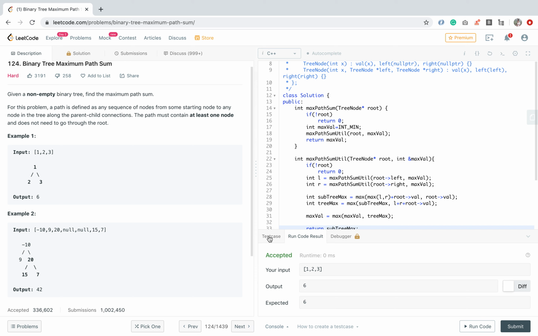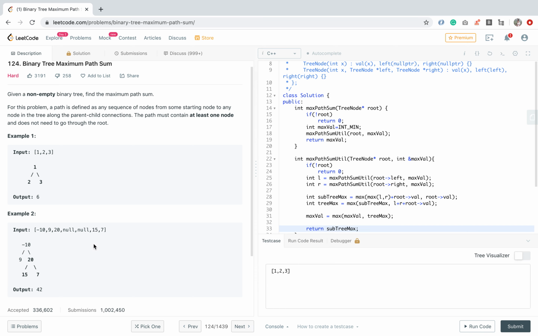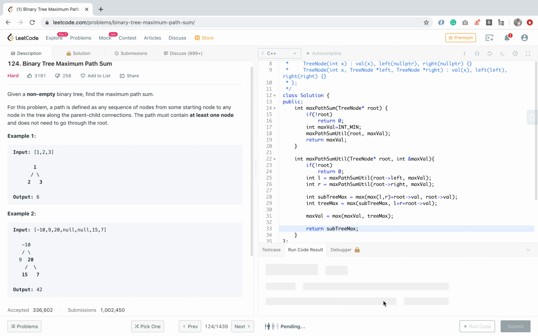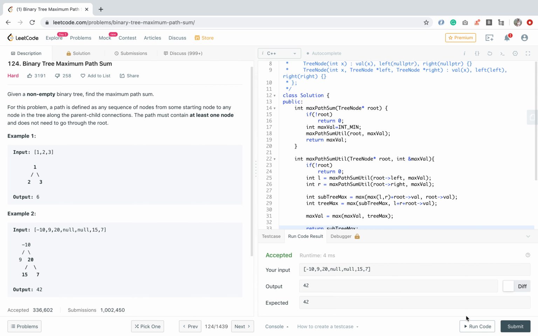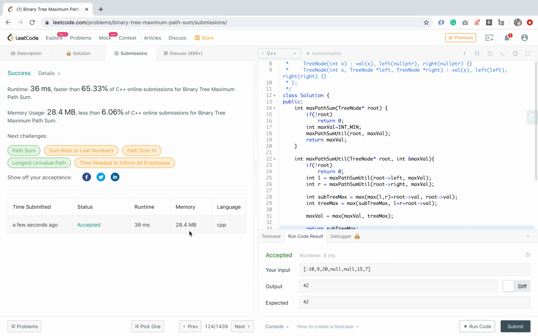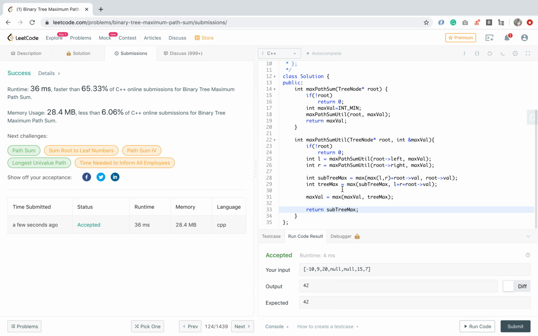We can also change this input to this, so that it doubles here. Yeah, 42. Okay, so we will go and submit the code. It's correct. Yeah, it's accepted.